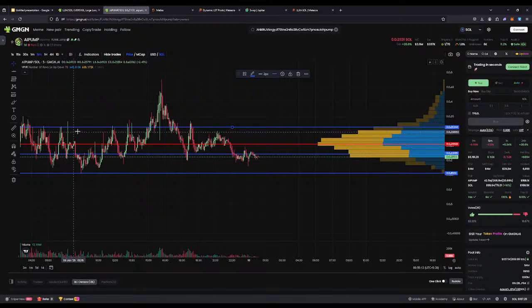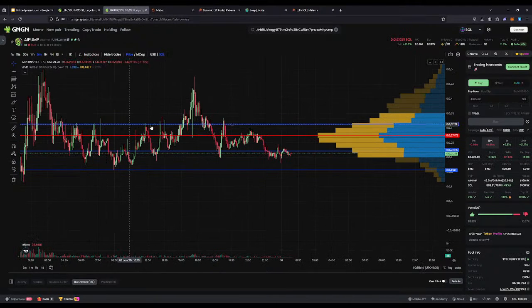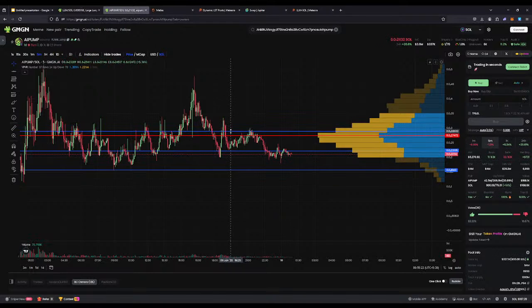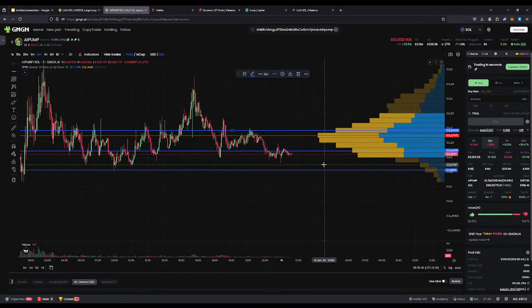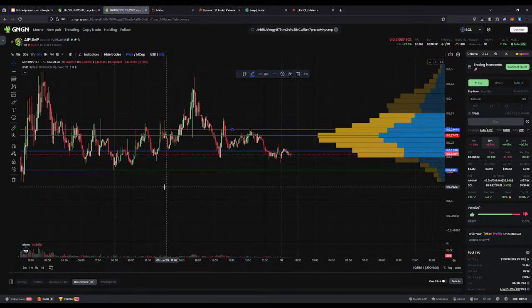But at the same time, I see that it's not really that strong a resistance level in this case, since the price is down. I'd probably keep it somewhere here. I'll miss out on this much volume, but I'll keep it slightly tighter because I don't expect it to jump up very high very quickly. Again, it's still a $4 million market cap token, and not a lot of people are talking about it. So if I am opening a position right now, I'd probably place the top of my range somewhere here, and my bottom,